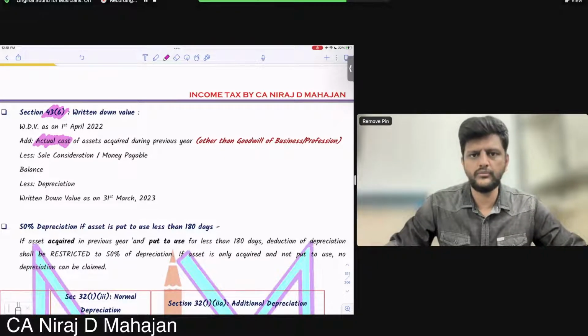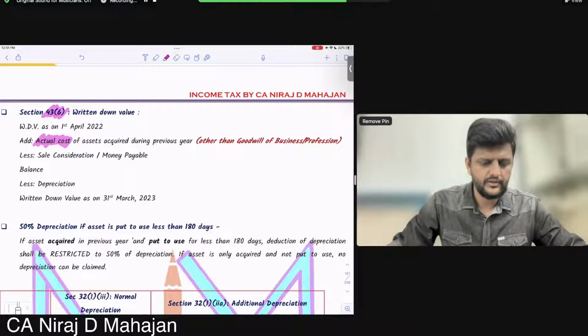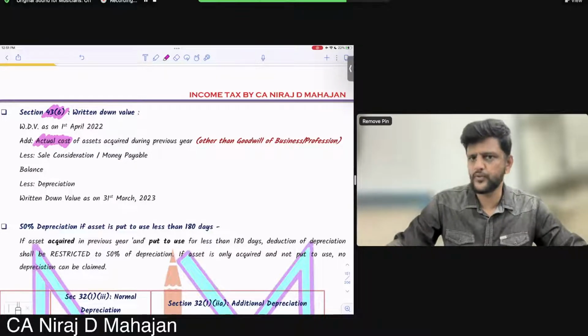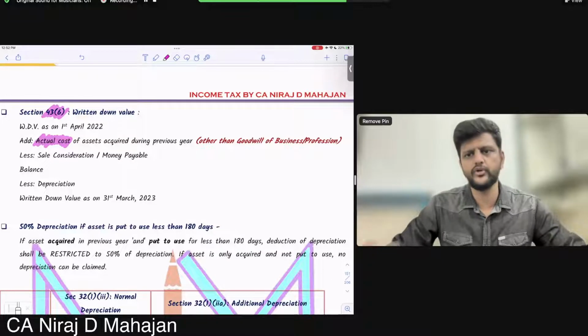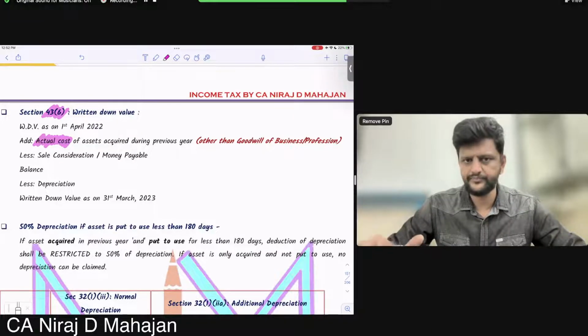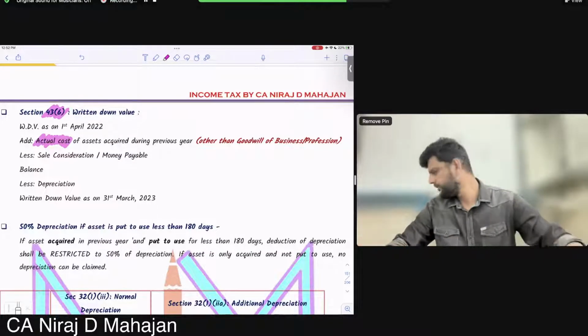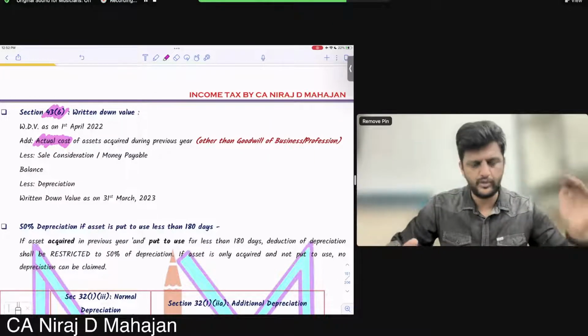Other than goodwill. If you buy goodwill of a business or goodwill of a profession, don't add it. Why, bachcho? Because we are not going to depreciate goodwill. So add other assets, whatever. So the opening WDB plus